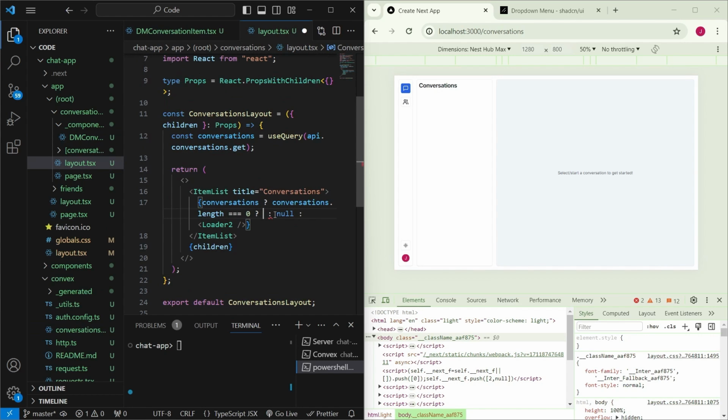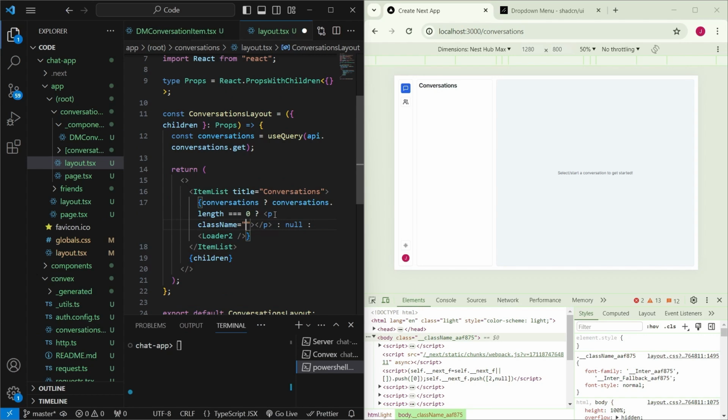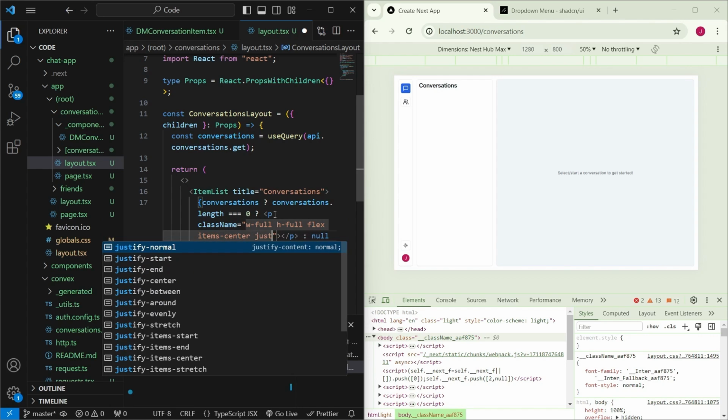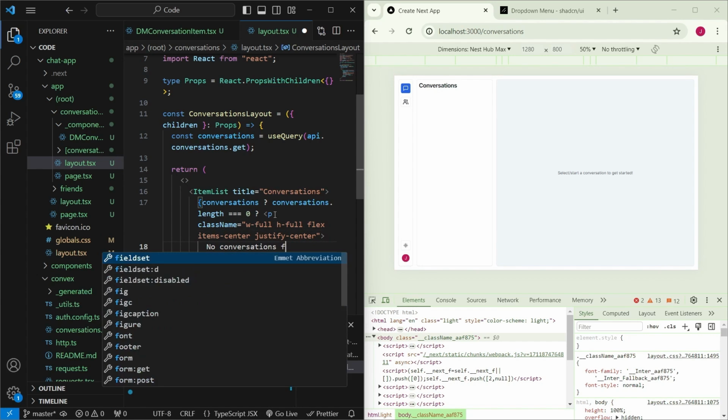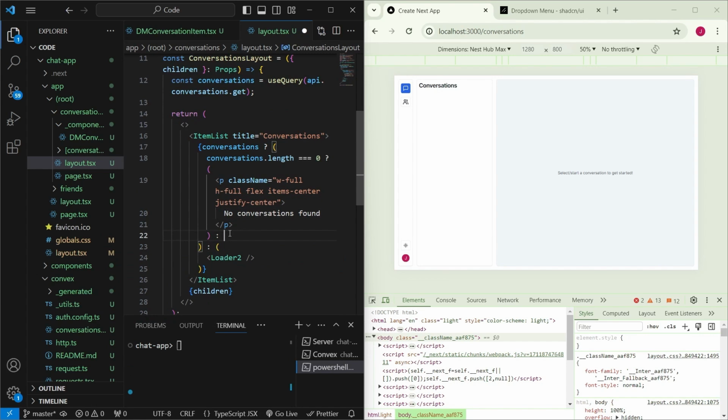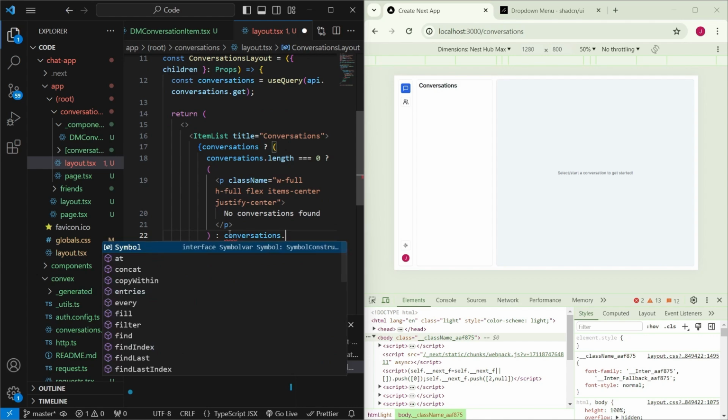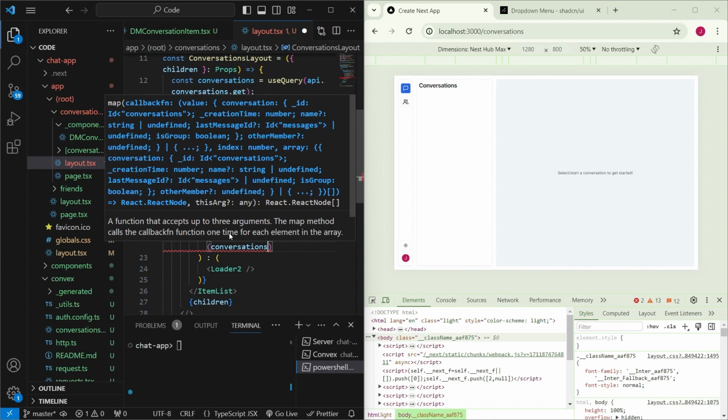In the case that the length of the conversations is 0, we'll render out a p tag, give it a class name of w-full, h-full, flex, items-center, justify-center. And inside the p tag, we'll just render "No conversations found" and save. In case the conversations length is not equal to 0, we want to do conversations.map, get the current conversation, and